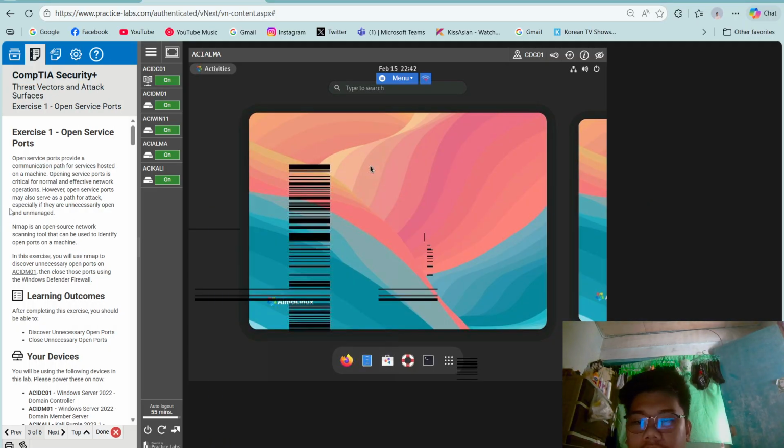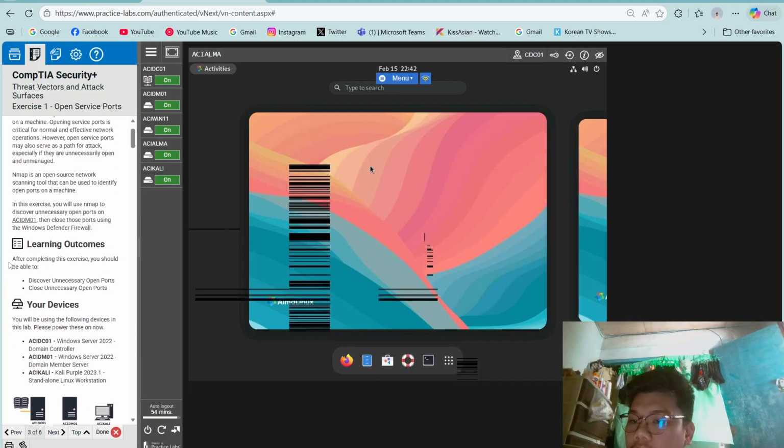Okay, Exercise 1, open service ports. Open service ports provide a communication path on services hosted on a machine. Opening service ports is critical for normal and effective network operations. However, open service ports may also serve as a path for attack, especially if they are unnecessarily open and unmanaged.